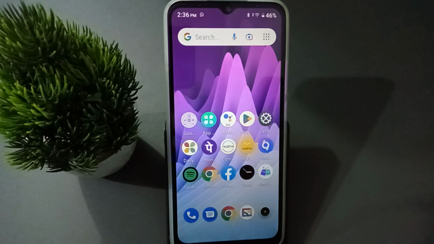Hello friends, today in this video I'm going to show you how to set a home screen wallpaper on